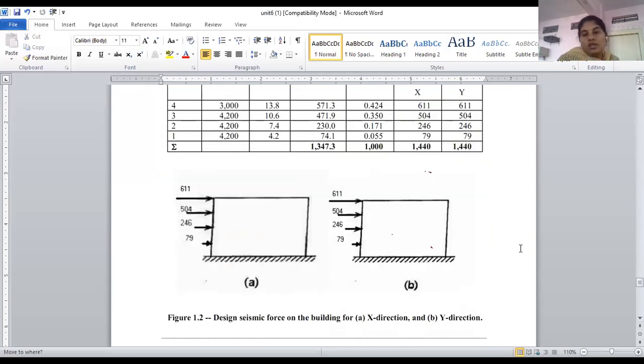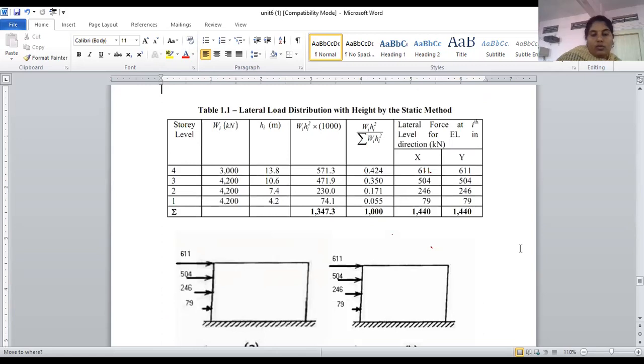If you know all the stepwise procedures which are coming from the IS 1893, then it will be simple. But if you don't know the procedure for the calculation, the evaluation of seismic forces, then it will become difficult. So for that purpose, you have to go for this IS 1893. You have to see the different tables, different clauses which are very helpful to you to understand this concept about the evaluation of seismic forces.